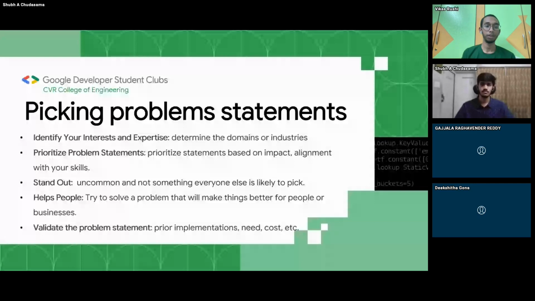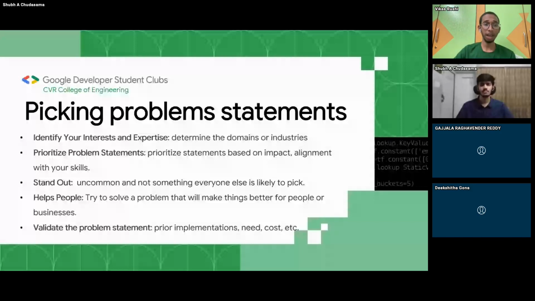So now we choose the problem statement. Now we need to stand out from the rest of the crowd. Select a problem statement that is very uncommon and something that everyone is not likely to pick. This way your solution is more distinctive, and it creates more impact. And one more thing, keep in mind whether the project is doable or not too big. We should choose a problem that we can solve in the given time, and not pick a problem statement that is very huge and can't be solved in the given time.